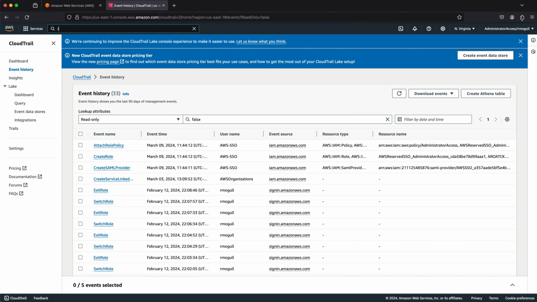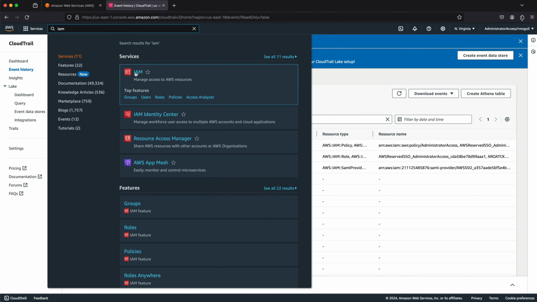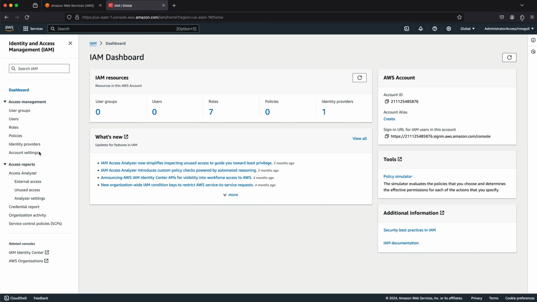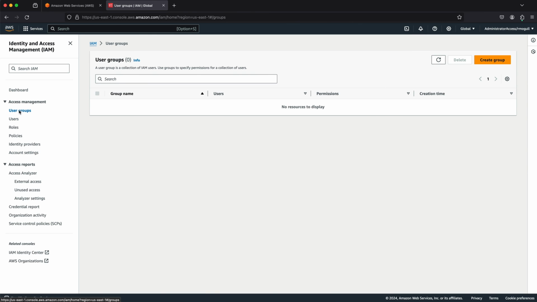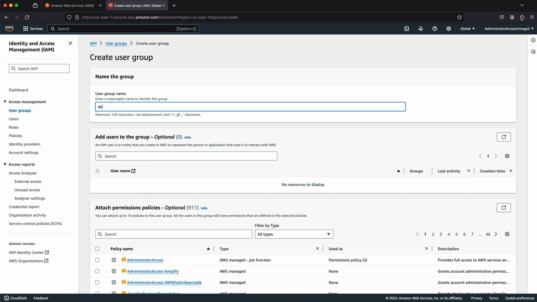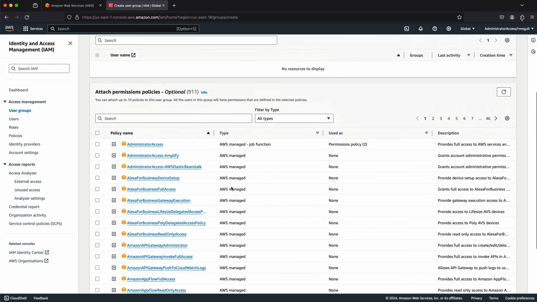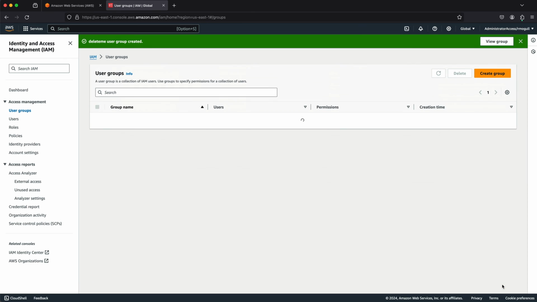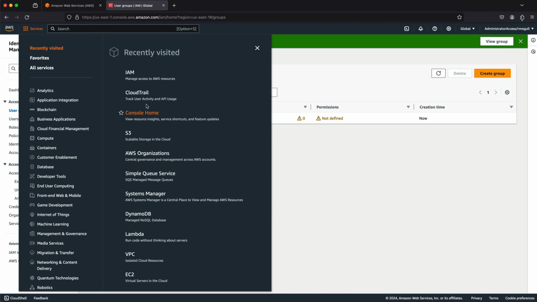Let's just go in IAM itself. And I'll create a user group. We're not going to use this, and when I'm done with the lab, I'm going to delete it. We'll call it delete me, and I'm going to assign no policies. That's how I can make sure that I'm not creating any kind of a user risk, because I assign no policies. Let's go back over to CloudTrail